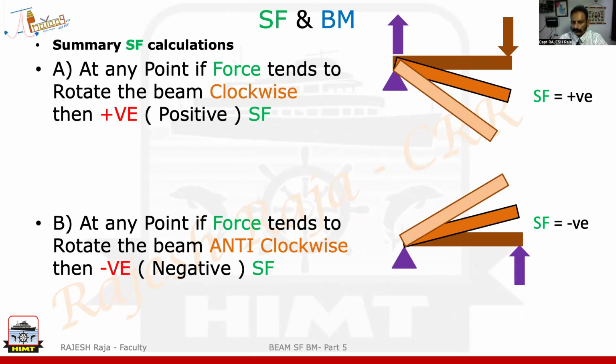How do I prove this? I'm going to put one arrow. This is what is going to happen. This is somewhat like this. So this is also one more method, but I leave it to you. If you feel this is confusing, please do not follow this. Go by your normal actual method, which we are already doing. So please go by that. But these are the ways. So multiple ways are there.